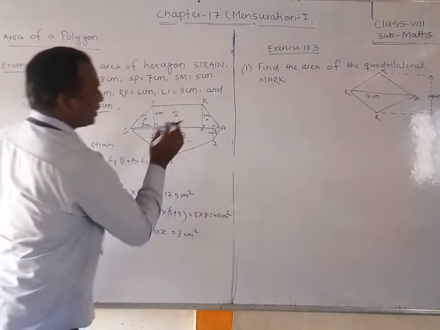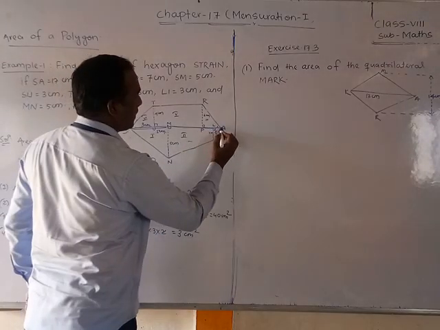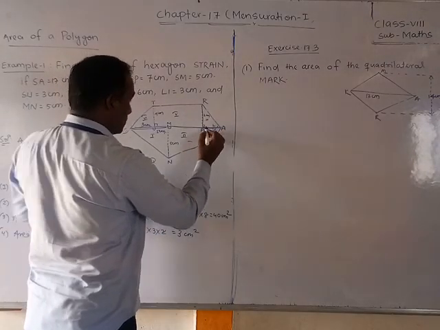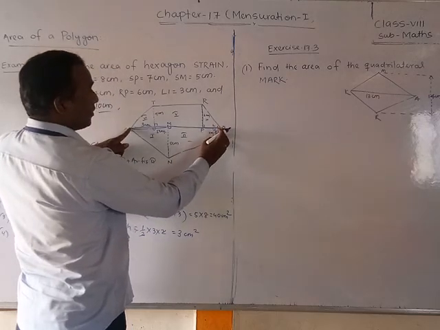Same like it. So it is very important, students. You have to find out this length, this height and length. How do we find this length? Now the total is equal to 17.